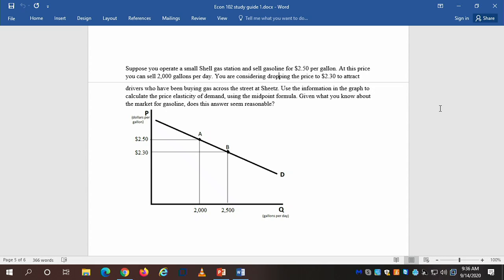So for normative analysis, you can give your own opinion. There's an argument you're making, backed up by whatever facts you have, where positive analysis is just explaining what's going on. We're going to try to focus, or we will focus more on positive analysis in this class, but there will be some times when we can answer questions with normative analysis. I just think it's worthwhile to understand the difference between the two.